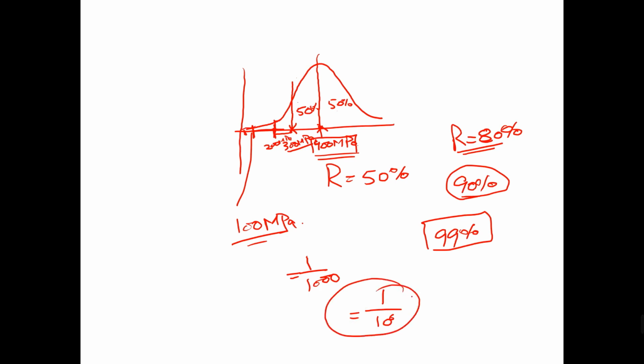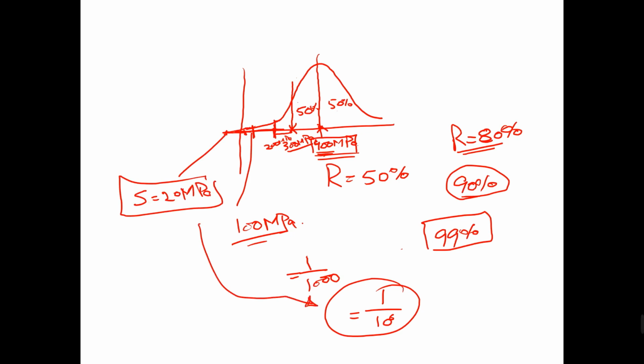Reliability will never be 100%, but reliability will increase: 90, 95, 99, 99.9, 99.99, one failure per million, one failure per billion, and from that the applied stress will reduce. It might be possible that for a yield strength material of 400 MPa, you have to give a strength equal to, let's say, 20 MPa for a reliability of 1 in a million. The stress will be less.